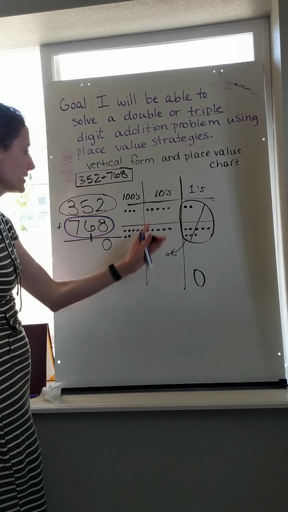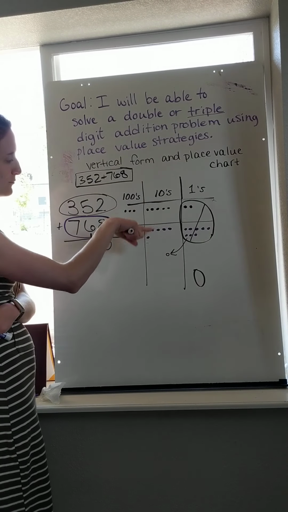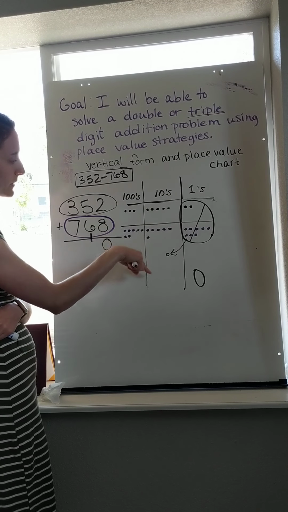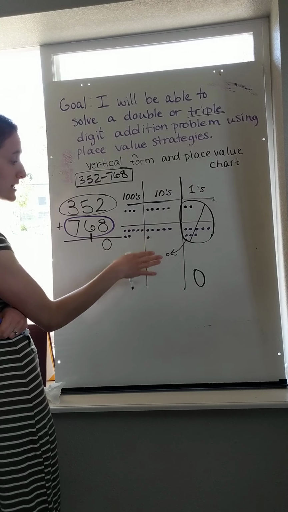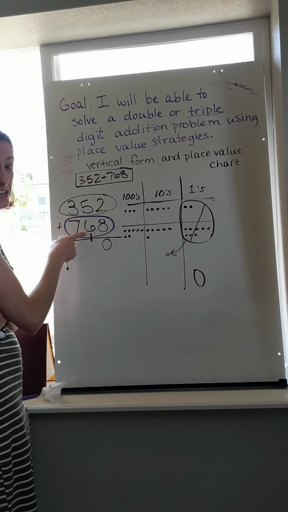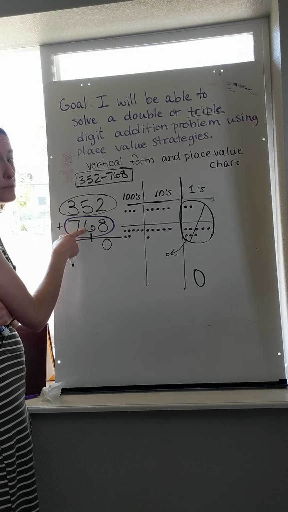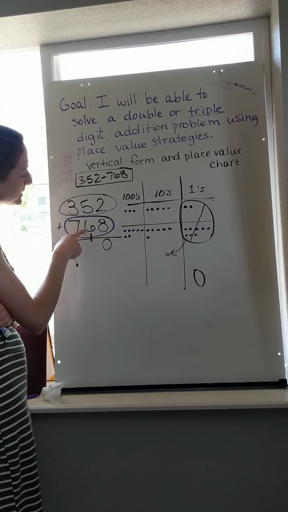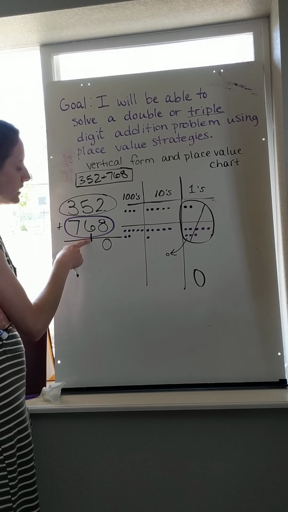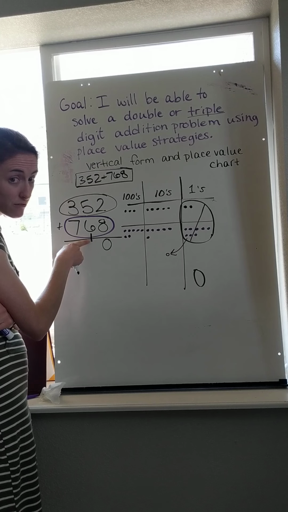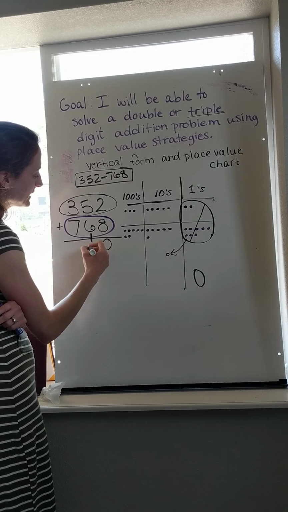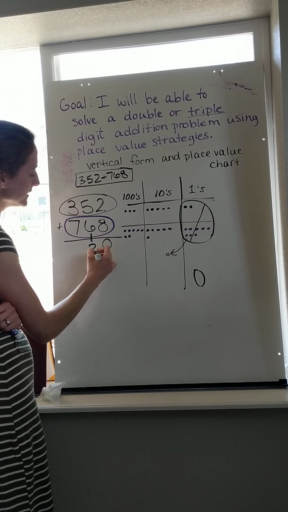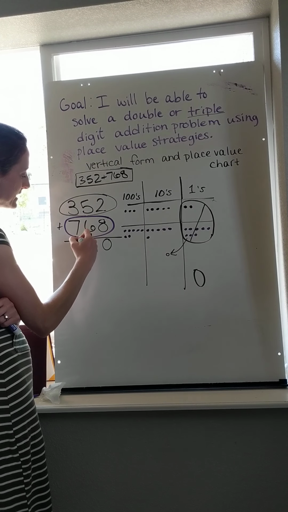Awesome. Now I have to look at my tens place and see if I have more than 9, because then I have to bundle. So if I have 10 in here, and I'm sure I do, it looks like a lot. I can also see over here, 5 plus 5 would already make 10. So 5 plus 6 makes 11, and then 1 more makes 12. Okay, so I have 12 tens. So I'm going to leave 2 tens here and put 10 tens in the